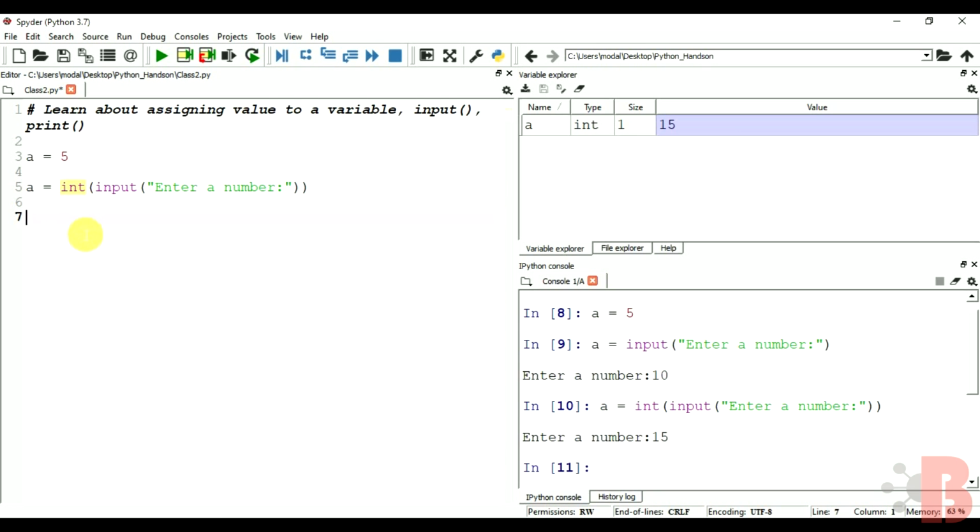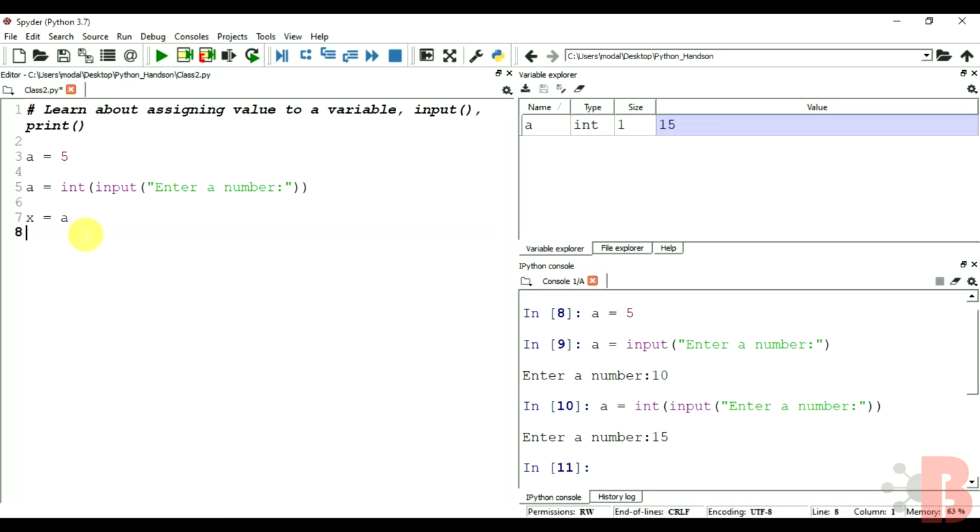Okay. Now we will create a small program with this. Let us assume there is one more variable here, that is x is equal to a.